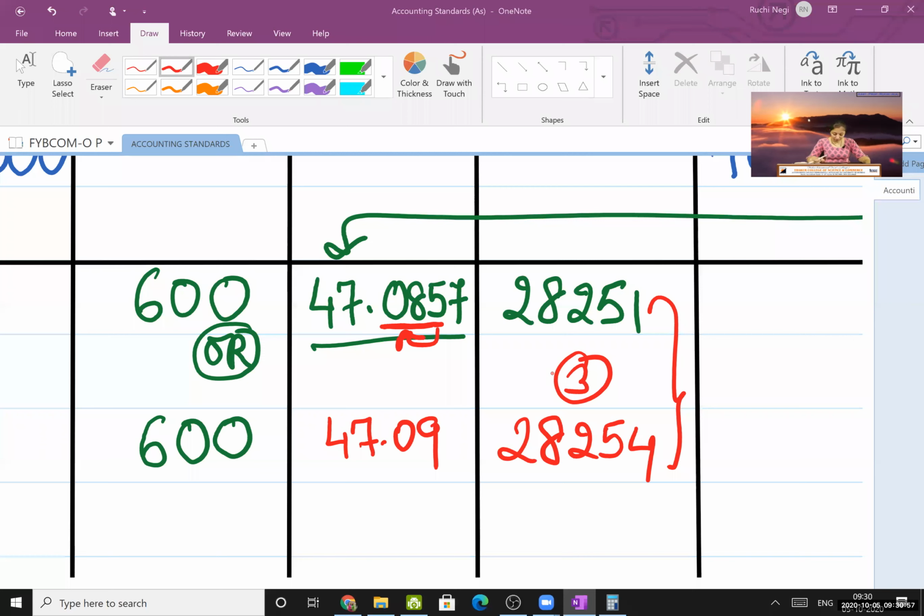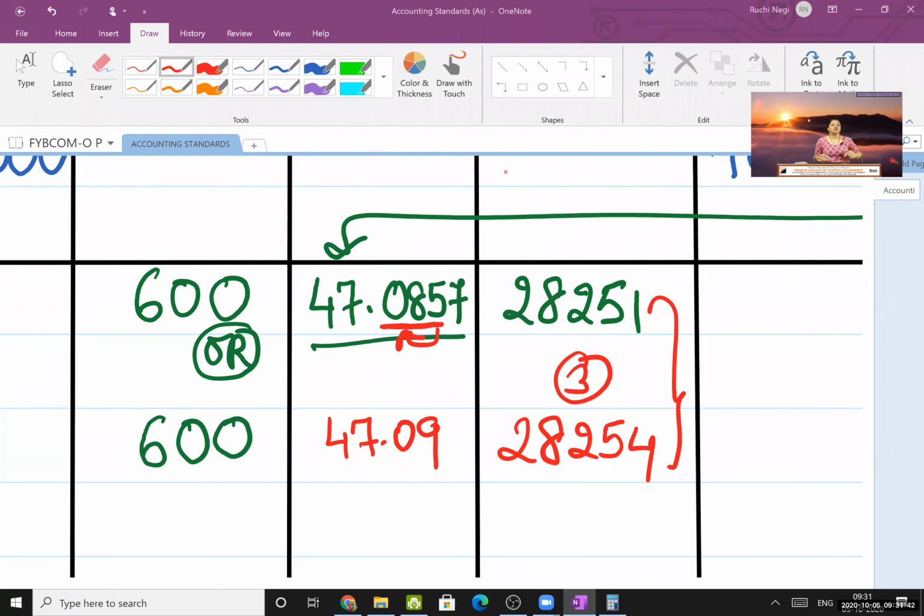So go up to 4 decimals or go up to 2 decimals. I showed you both the ways. Both are accepted in exam. But I would suggest you always go up to 4 decimals because 4 decimals gives you more accuracy in the answer. I'm not saying the first answer is right and the second one is wrong. Both are correct. But if I have to decide which is the most appropriate answer, then the first one, calculating with 4 decimals, is the most appropriate. So I am following the first one. You are allowed to follow the second also. I hope it's clear to you now how to follow it.